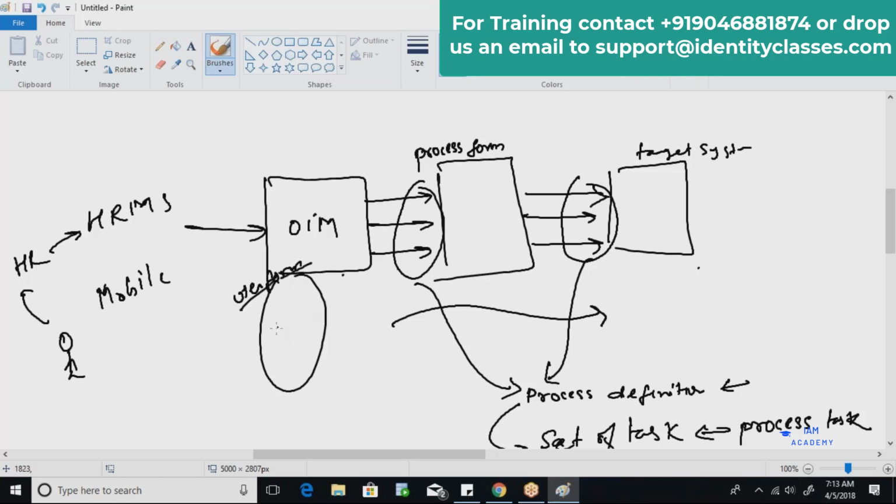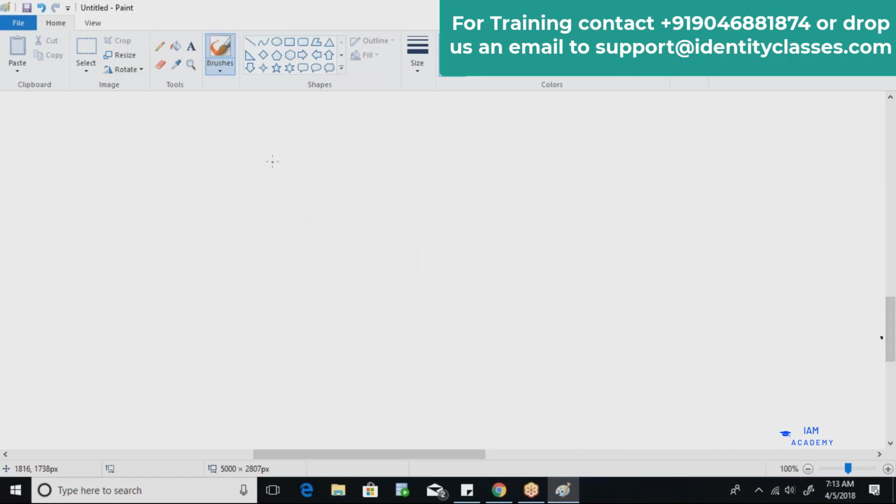Now, from user form to process form, there are two different forms in OIM. One is the user form and one is the process form. The user form will contain all the information about the user in OIM.